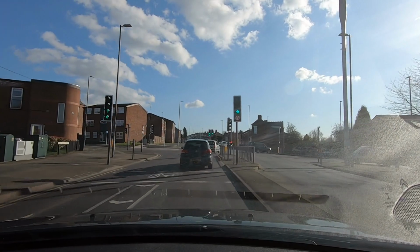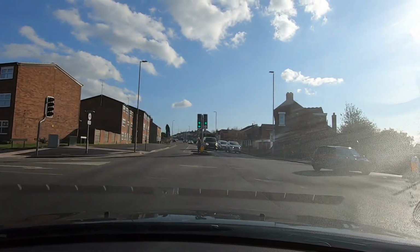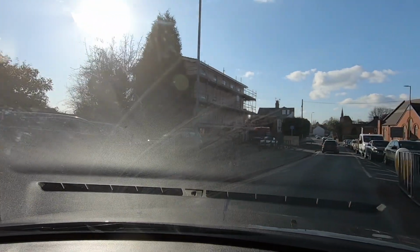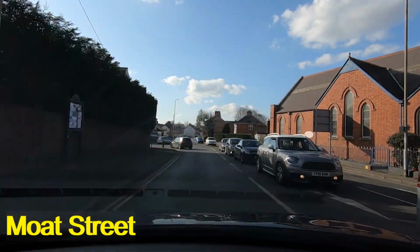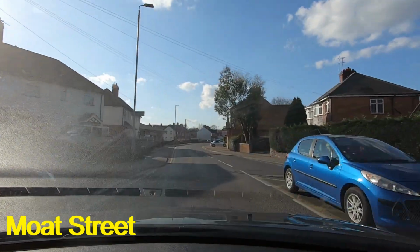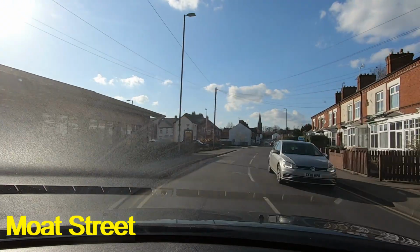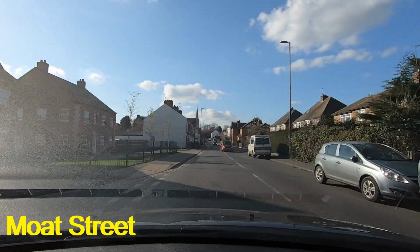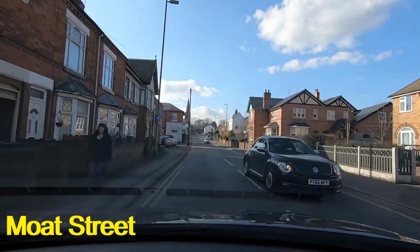See, no one is indicating here, and that's because from this point you can only go right, so there's no real need to indicate. And actually you saw the green arrow there as well, that let us through. We're now onto Moat Street, and we're heading now kind of back toward Wigston's town centre, I suppose, if you like. We're not going to go into the town centre again, but we're kind of driving toward it in some ways. And you know, this Moat Street is going to change its name a few times here,